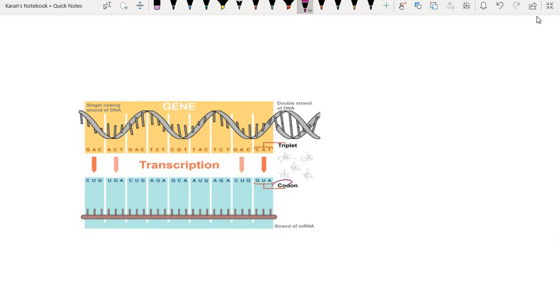Here you can see a codon. So codon basically is a sequence of 3 nucleotides. Actually these 3 nucleotides join together to form a unit of genetic code in a DNA, or you can say an RNA molecule. So this is very important. Now you can see the codon is triplet. Mind it, it is always triplet because 3 nucleotides are being added.